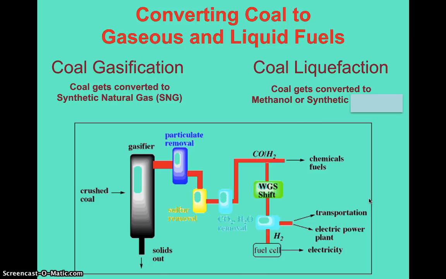Basically what you end up with is a synthetic natural gas or a synthetic liquid gas. Why would we do this? Basically the one big answer is because we have a lot of coal, and coal is a very efficient and high heat producer. So if we can convert it into liquid forms and gas forms, we can substitute petroleum and natural gas, which we don't have as much of. So this is something they're doing with coal.